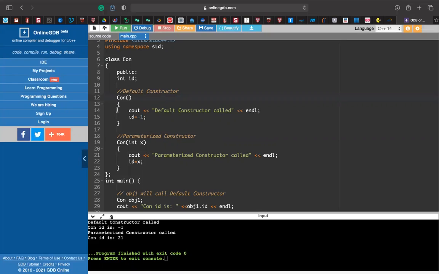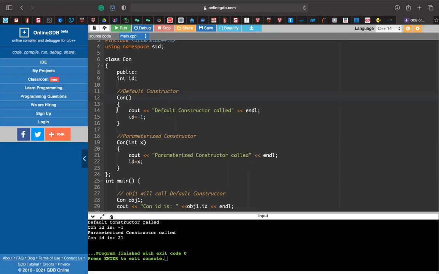You can notice that the constructor has the same name as the class name, which is CON in this case. To demonstrate it, we just put within the definition of that constructor that it will output that a default constructor is being called and set the value of ID